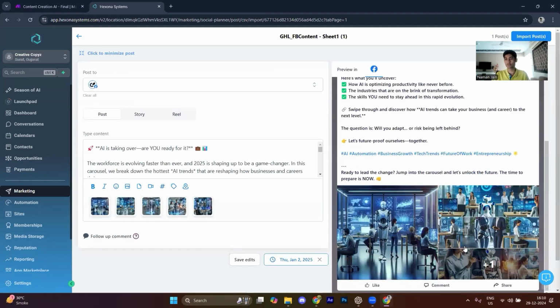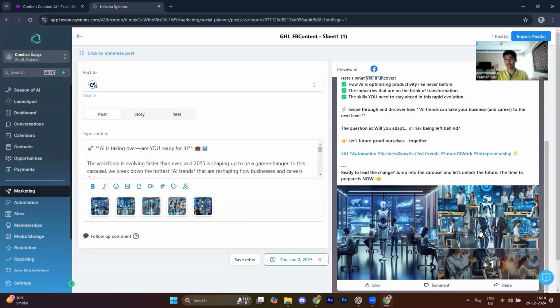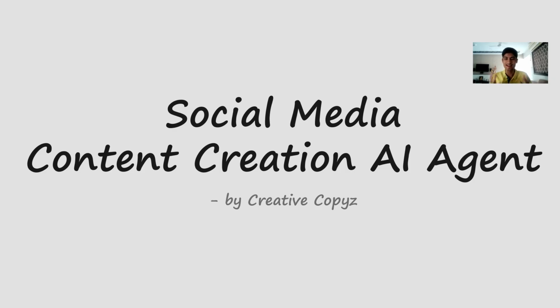We have got multiple images as it was a multiple images post: 1, 2, 3, 4, 5. We have got 5 images and all those images are uploaded over here. And we have also got the caption, the hashtags, everything over here. So that's how this particular tool will work for you and will create content on automation without you even having to do anything on your own. So as you can see,